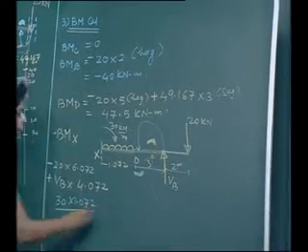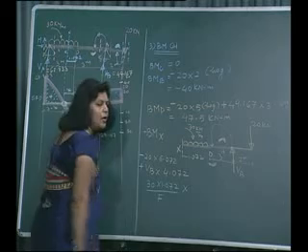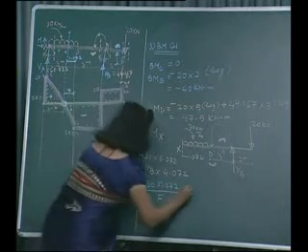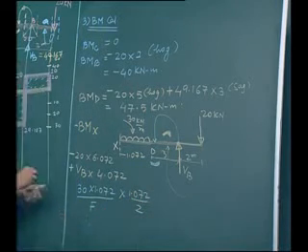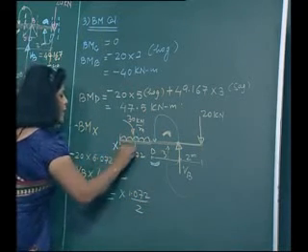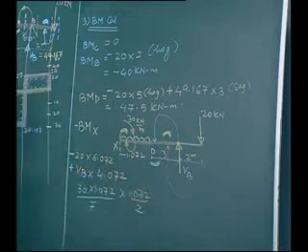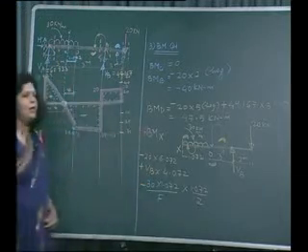Okay. And what will be the distance? So distance is nothing but UDL will act at the center. So what will be the center for 1.072? It will be 1.072 divided by 2. And it will try to rotate the beam such that it is lifted upwards or convexity is formed above the baseline. So it will be taken as hogging and negative.